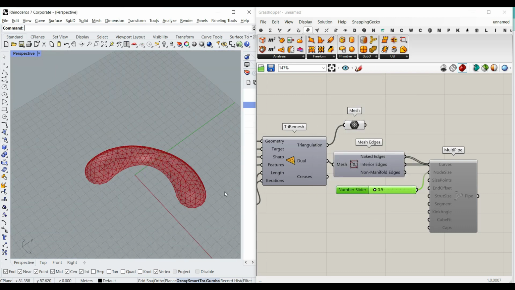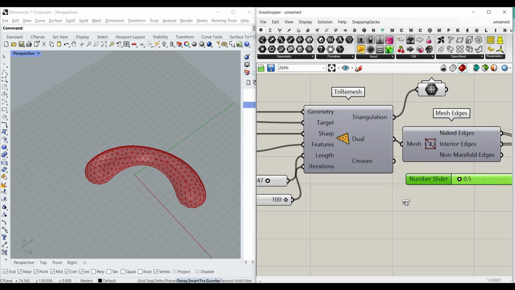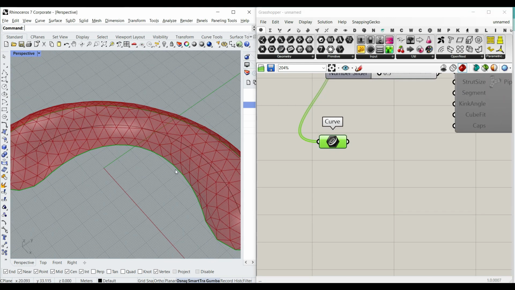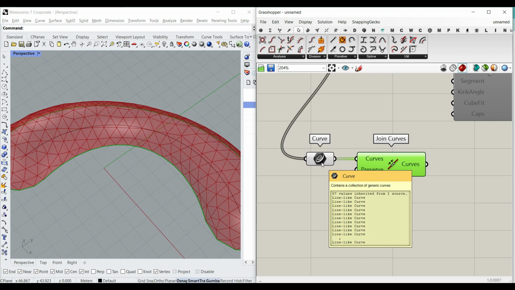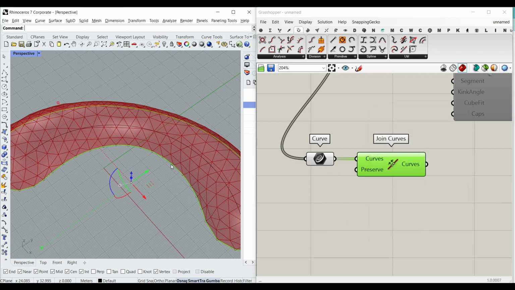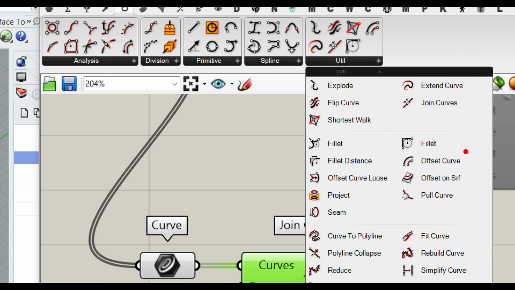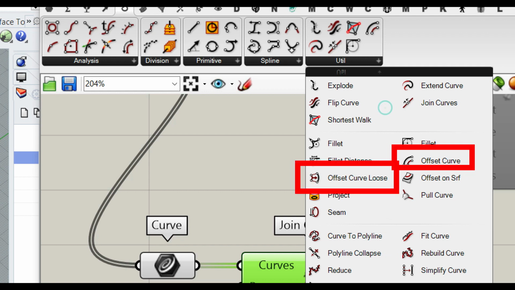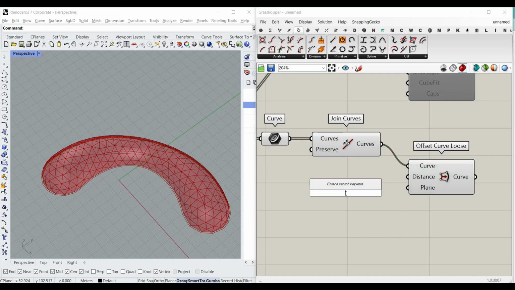Okay, let's also make the boundary. So what we have to do here is to select the creases, which is going to be the boundary, join them together from the curve join curves, because we want to convert those 57 lines into one. You can use the curve offset tools, so there are two tools you can use. One is offset curve and one is offset curve loose. Whatever you want to choose, and just give this